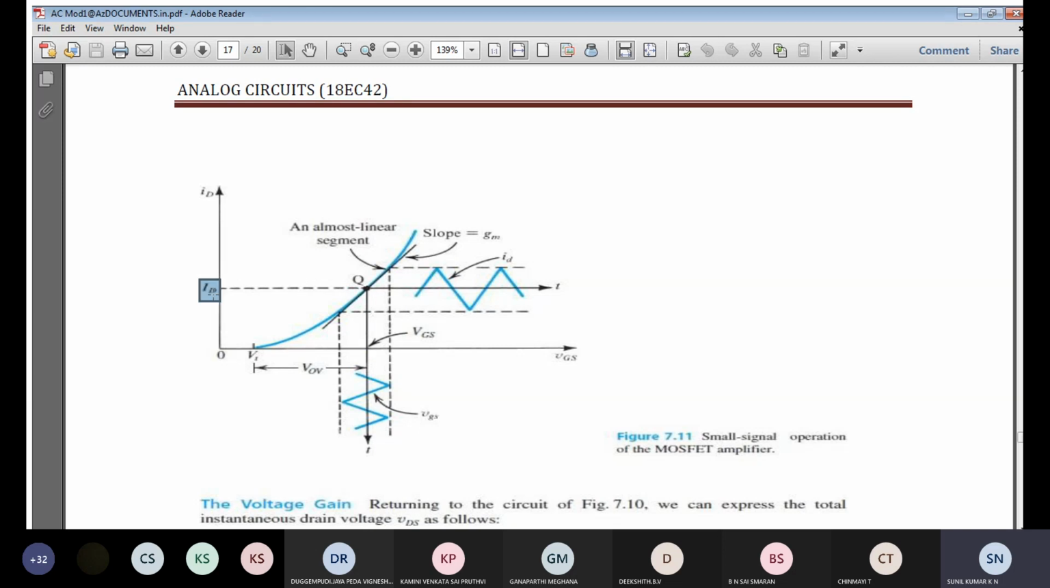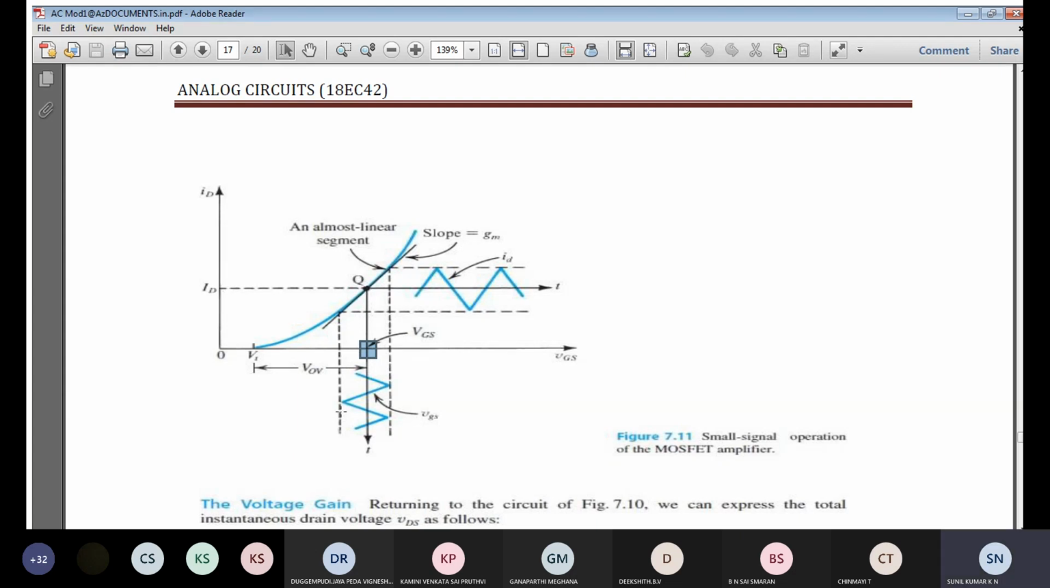So this point is called the DC drain current. And when you plot the same thing backward, you can see this is the Q point along the x-axis. You will get this point, and that voltage is called the DC gate to source voltage. So this is the DC gate to source voltage, and this is the DC drain current. So when you have this DC gate to source voltage as well as the DC drain current, so you can see